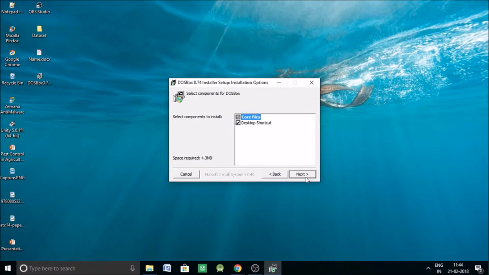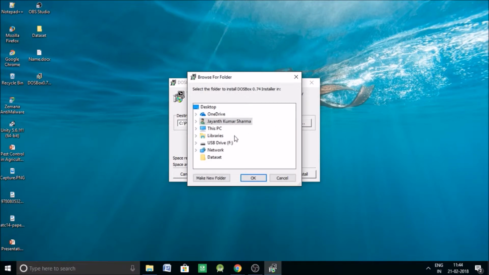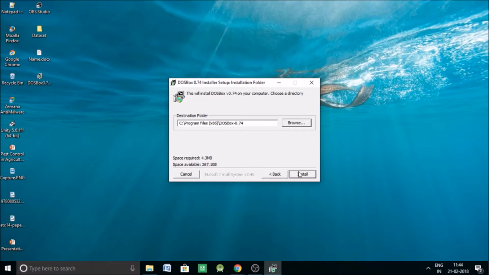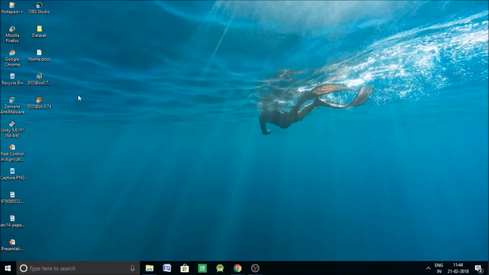Double click on it and click on yes. Click on next. Click on next. This is your destination folder. Most people choose to install it either in the D drive or various other drives, but I prefer to install in the C drive, and click on install. Once it's done, this is the shortcut icon for DOSBox, and once you click on that,